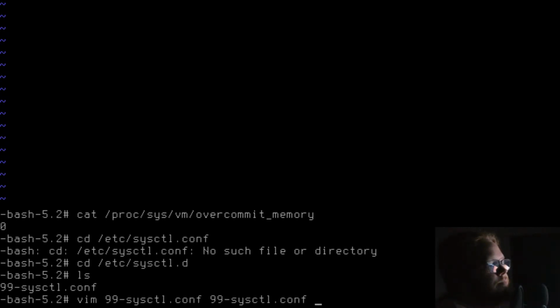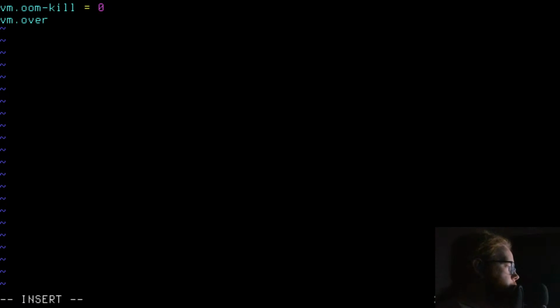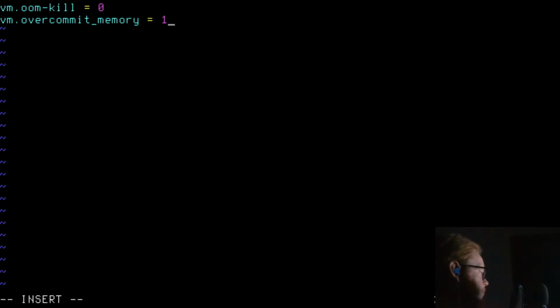So vim, set that back to 1, 0 even, and then we'll do vm.overcommit_memory=1. So that should be correct, yes? Because it's doing something funky that I don't like. It's doing something that shouldn't be happening.